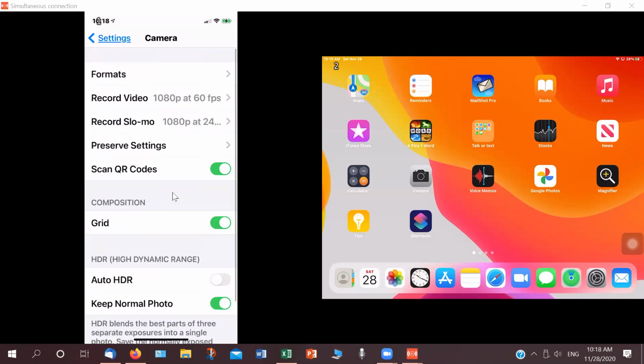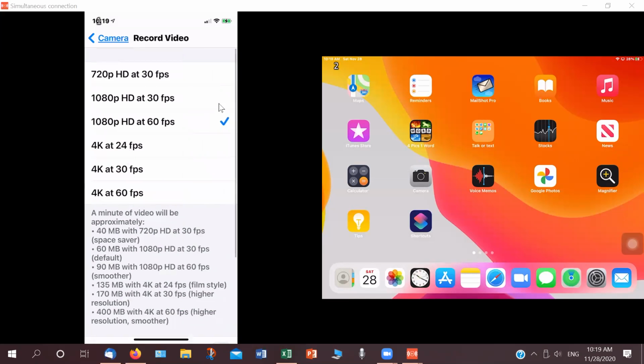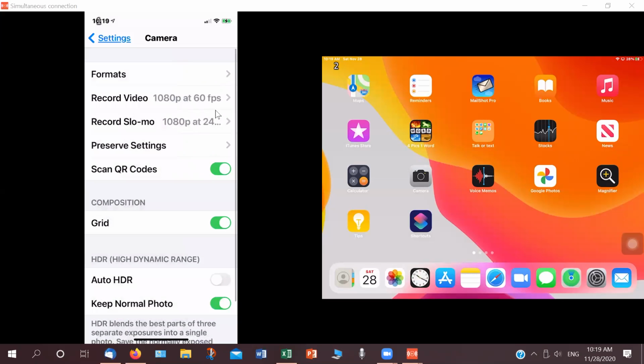Now there may be other choices here depending on your iPhone or iPad. But I've turned on, record at what density, slow motion at what density,